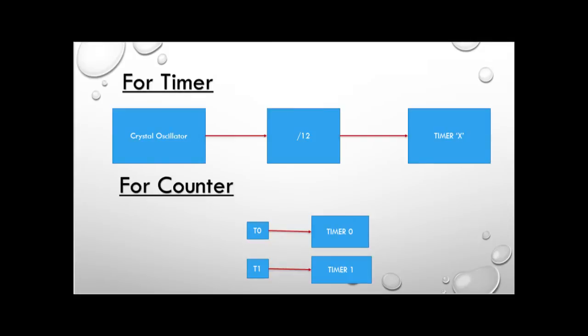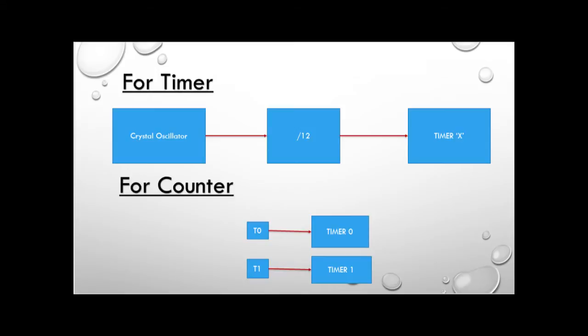A timer can be used as a timer or a counter. When it is used as a timer, the crystal oscillator frequency it receives is internally divided by 12 and fed to the timer. The frequency of the crystal is generally 11.0592 MHz. After dividing it by 12, the timer receives a frequency of